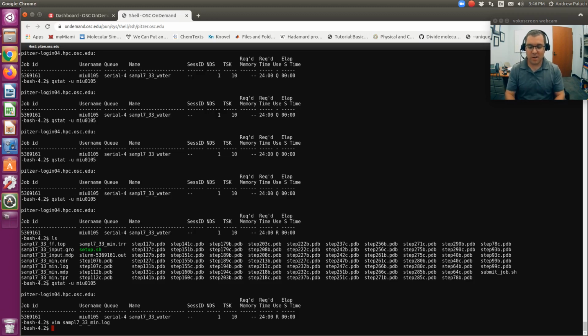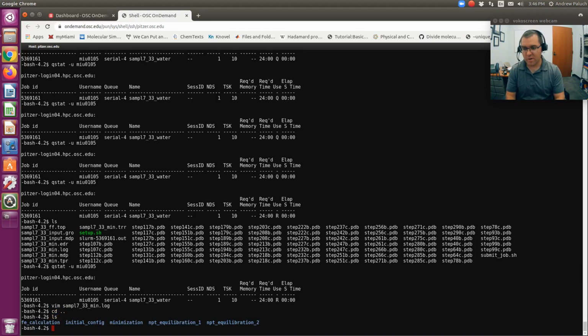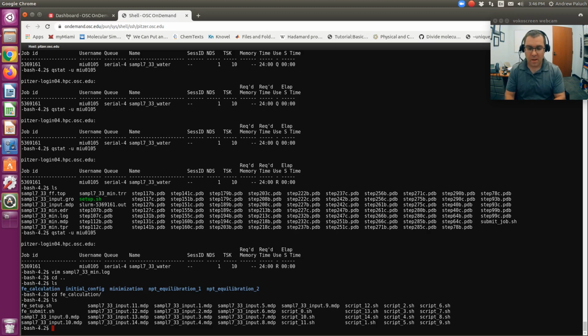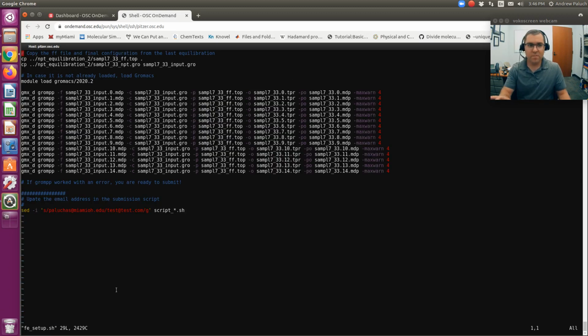Once that's done, you're going to need to submit your free energy calculations. To do that, I just open up the FECalc directory. Again, first your equilibration needs to be done. All that I need to do here is vim FESetup, which is the setup script. Again, you just need to update your email address. If you're not comfortable with Vim,